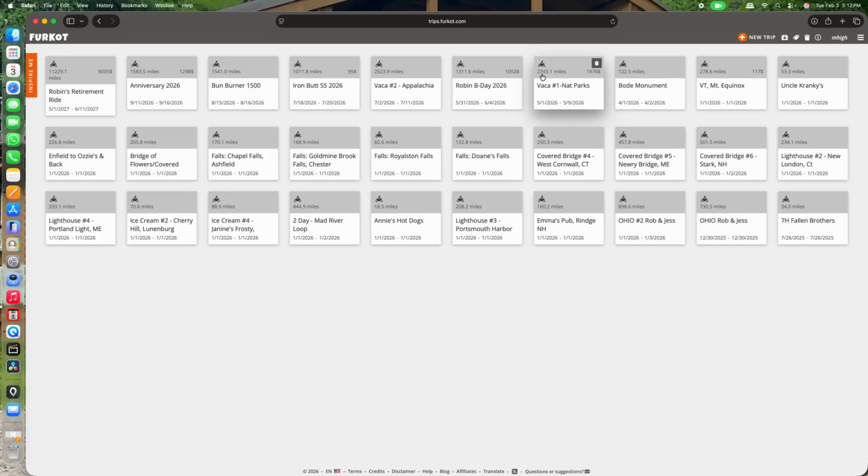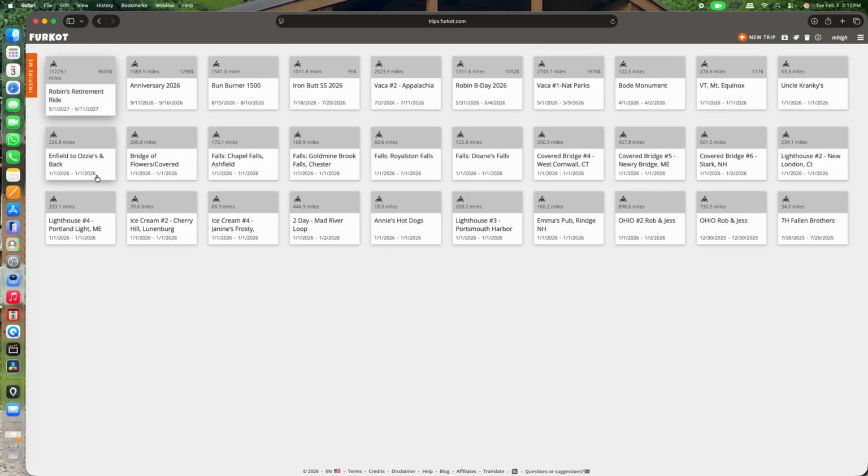I can tell right off the bat this is a motorcycle ride because of the little icon. It's going to be about 2,800 miles. If I estimate costs on this, it'll be about $2,000 if I stay in hotels, restaurants, gas, everything that I've estimated. It will be more or less than that, depending on where I stay and what we actually do, how much the parks cost, that sort of stuff.